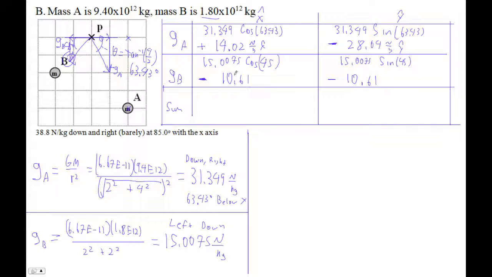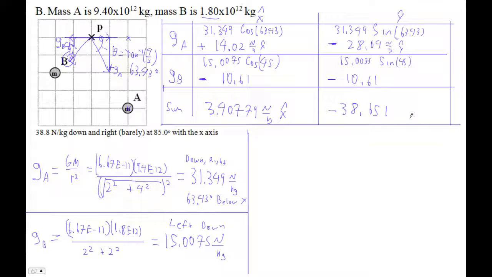We got 14. Then we got to go minus this guy, 3.4077. Look at that, newtons per kilogram in the x direction. So it's still to the right, but just barely to the right. Okay, and then these guys, let's see, this will be the opposite of 28.04, right? Plus the opposite of the 10.61 guy. I just love being able to go back up. So this is negative